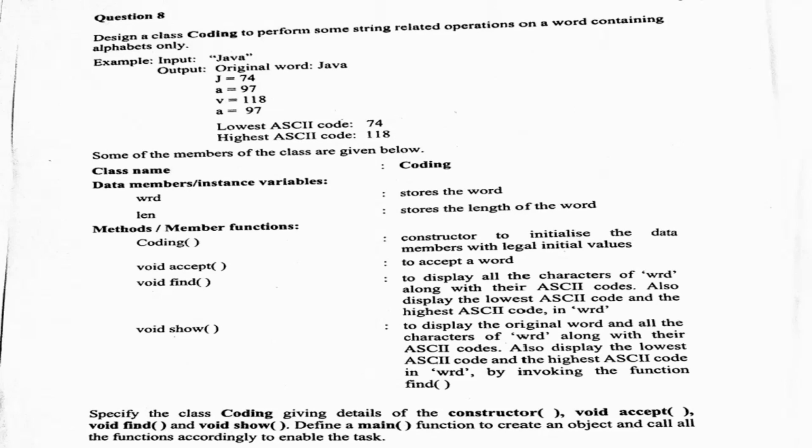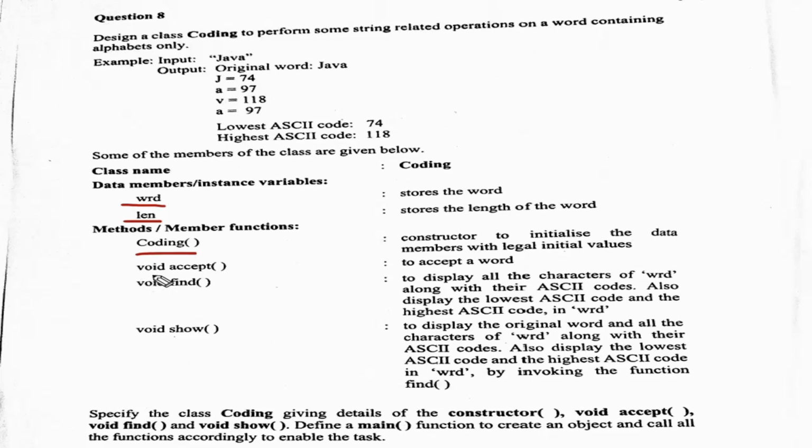Hey everyone, this is question number 8 of the ISC 2024 computer science paper. The question says that you have designed a class coding where there are variables given to you. These are the variables. WRD will store the input, length for the length of the word, constructor to initialize the